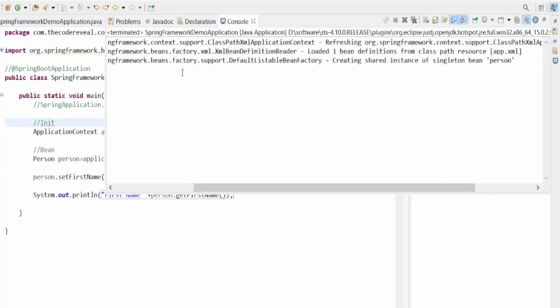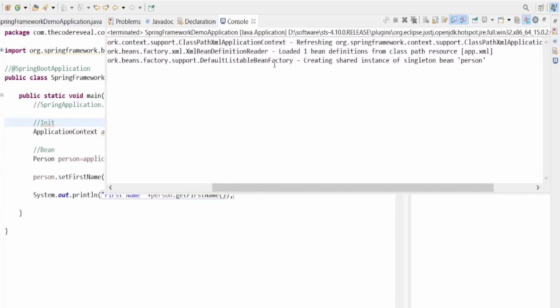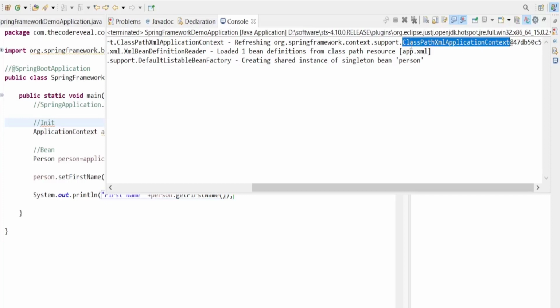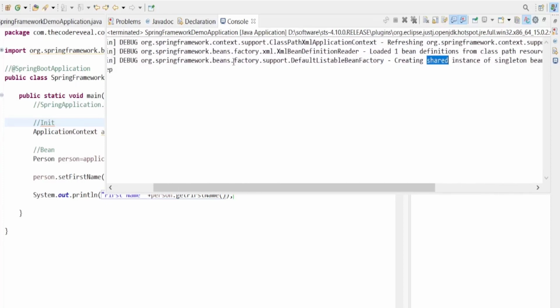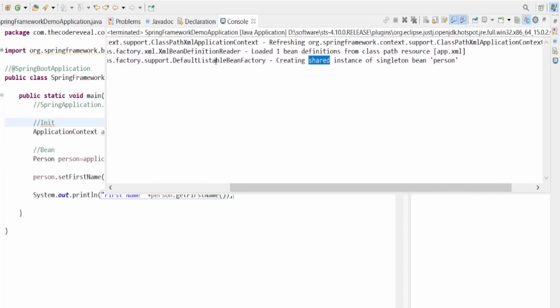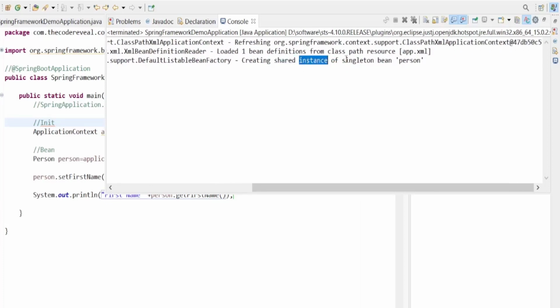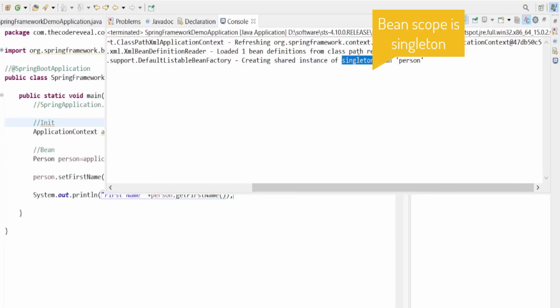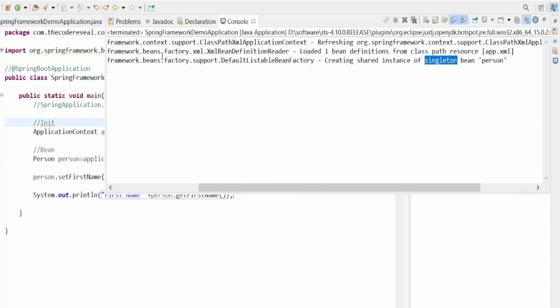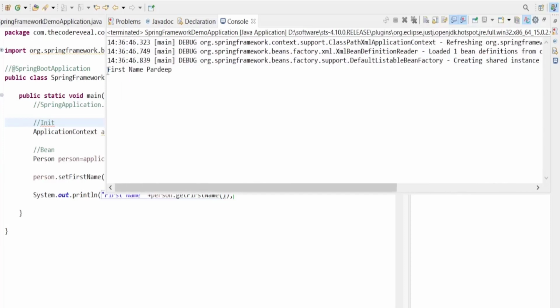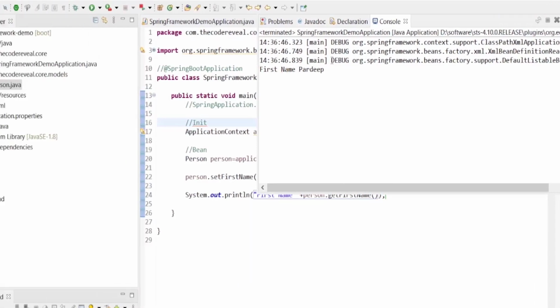Here we are passing the app.xml resource file, and it creates an IOC container, the application context, and that is of type singleton. We'll see this when we come to bean scopes, where we'll see what types of beans we can create. If you see here, it's printing the first name Pradeep.